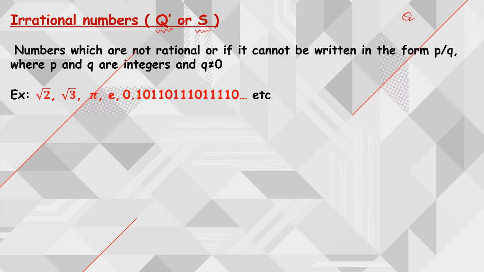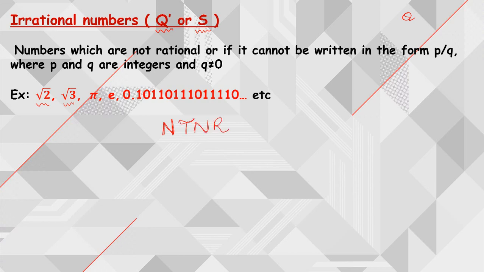Right, so in your previous class, that is 9th class, you have learnt about irrational numbers and their properties, and there you have learnt that root 2 is irrational, root 3 is irrational. So how come you say that root 2 is irrational and root 3 is irrational? There we have done the process of long division. By using the long division method, we have converted the given root 2 and root 3 into their decimal expansion, and from finding out the decimal expansion you have come to one conclusion that the given irrational number is having non-terminating, non-recurring.